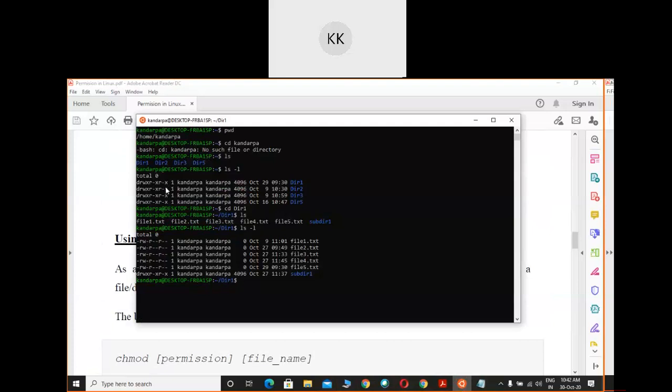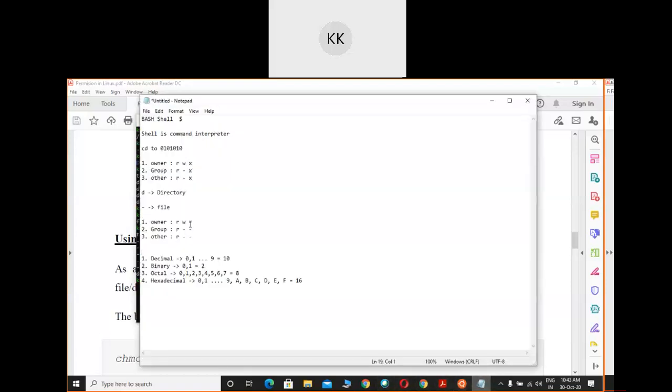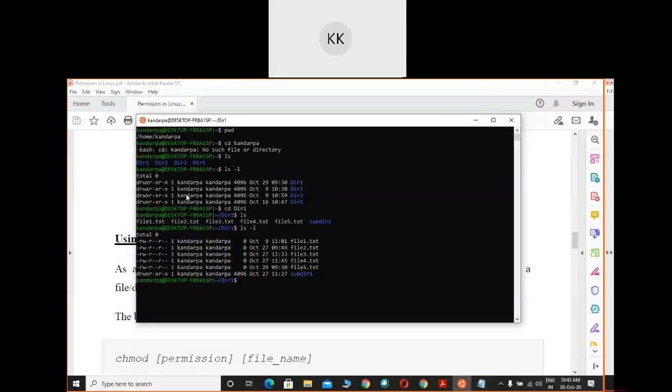I made one mistake in describing the permission for the directory. X stands for execution. This is not null; last class I might have said it is null, but it is not null, it is for execution. This is not E, this is X for execution. Let me correct it here. Okay, this is correct. Please remember X for execution, not E.